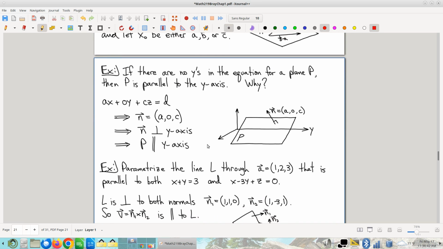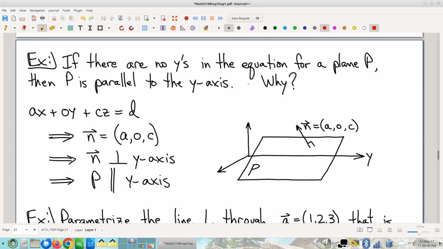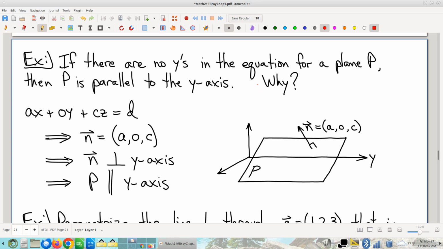Alrighty, moving along. There are a couple of little clever observations that I think do need to get pointed out here. This theorem's not in the book, by the way. I don't know if it rises to the level of being called a theorem, but this is a handy little fact that we're going to make use of significantly later in the course, and it goes like this: if there are no y's in the equation for your plane,